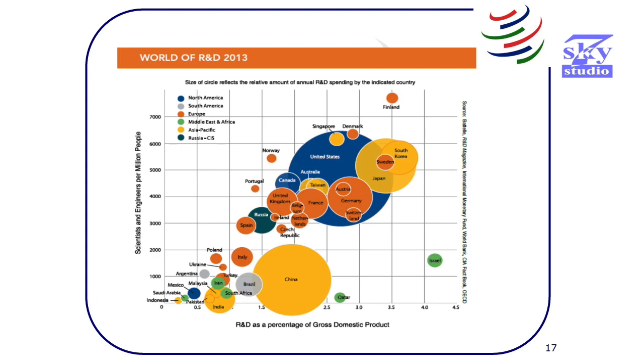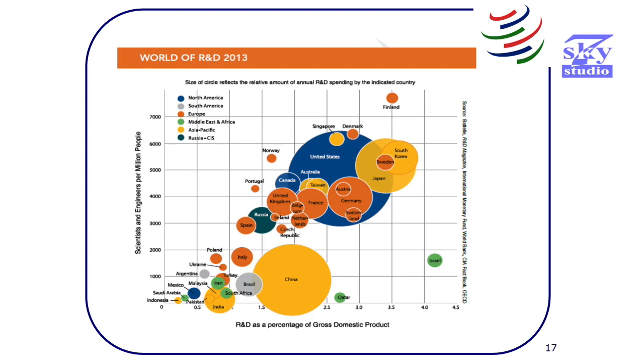You see that South Korea and Japan and Sweden and Finland, for example, are still spending more, and Israel is here. In absolute terms, it doesn't spend that much, but in terms of R&D as percentage of gross domestic product, it's really here the outlier that spends a big percentage of its GDP on research and development. And this is a very interesting factor.